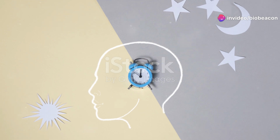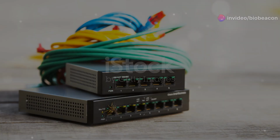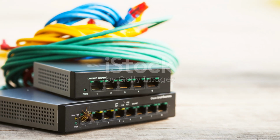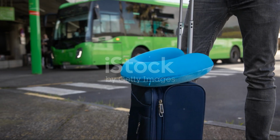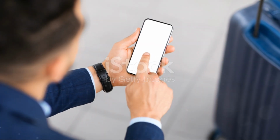In summary, understanding and respecting our circadian rhythms can significantly enhance our well-being. By aligning our daily habits with our internal clocks, we can optimize our health and productivity. So, next time you're working late or crossing time zones, remember your body's natural rhythm and try to keep it